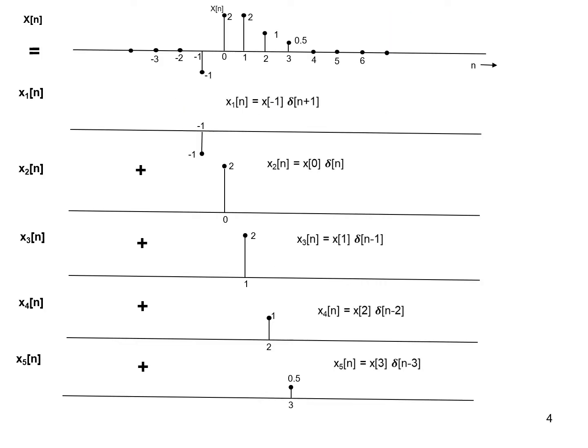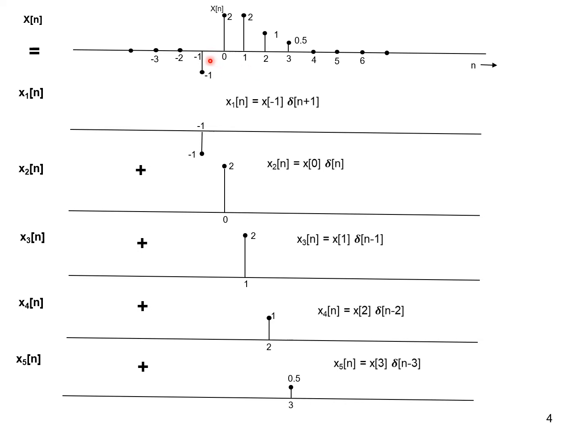See, here in this slide, have a close watch of this slide. See what exactly I have done. I have taken x of n as a single graph. Then I'll split this graph into impulses. Each sample of this signal will be considered as a separate impulse. I'll construct a separate signal out of this. There are 5 samples, no? I'll assume there are 5 impulses, shifted and magnitude modified.